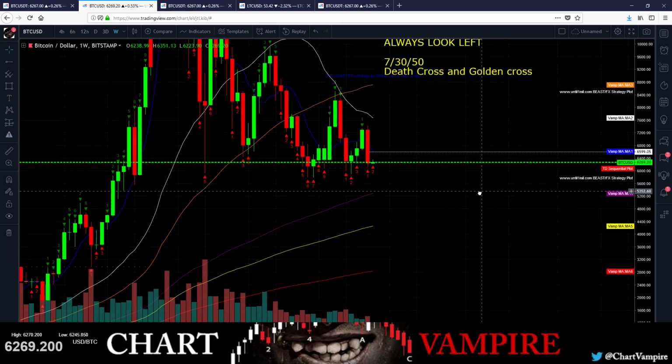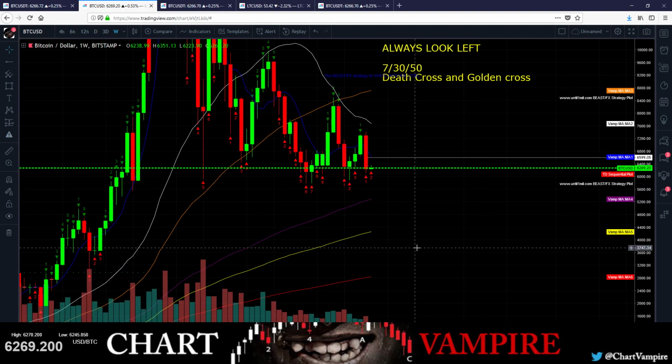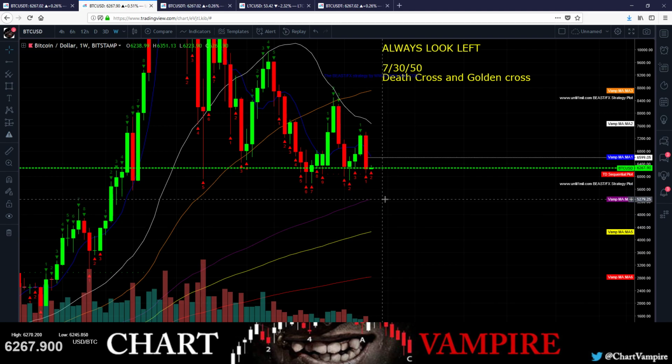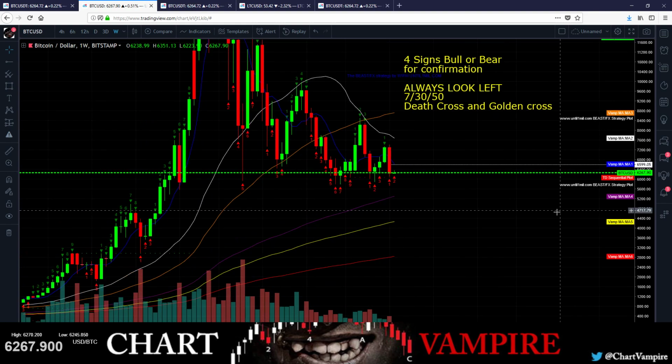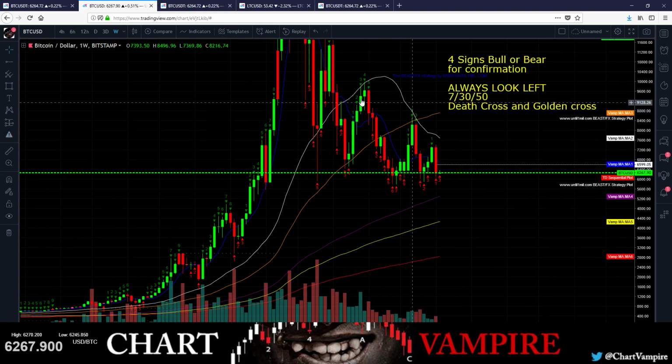And this is something that is expected. I am expecting this to happen. I'm expecting us to touch one of these lower moving averages down here before I am satisfied that we have found a bottom, right? If you look up here on the weekly, all we've done is played around with the